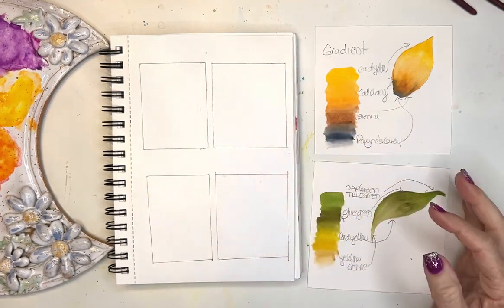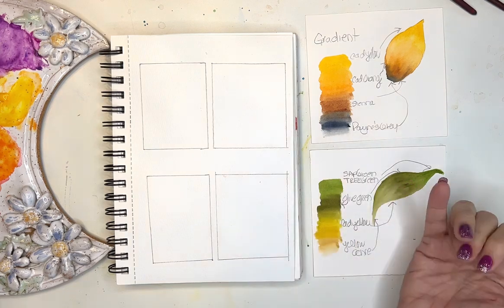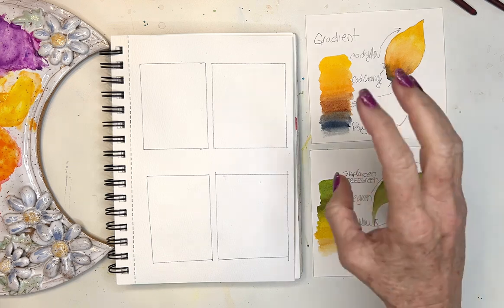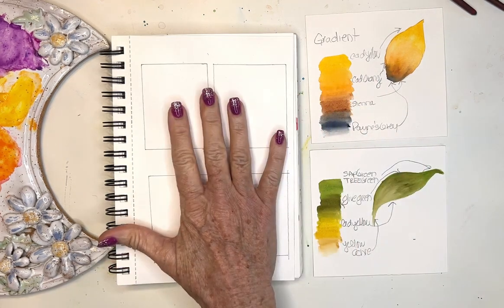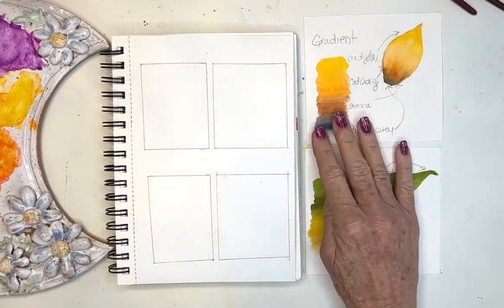And one of the things that I think I kind of got stuck on when I originally learned gradients was, how do I use that? How do I use it in a petal? So I'm just going to practice a few here this morning, and then I'm going to apply it to creating